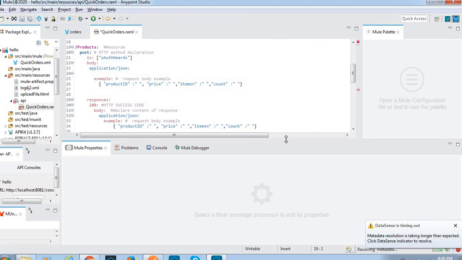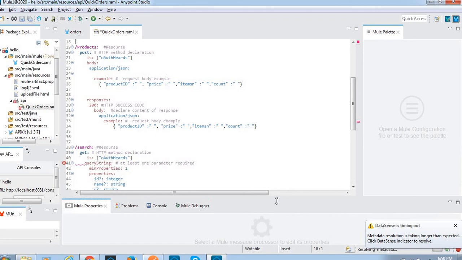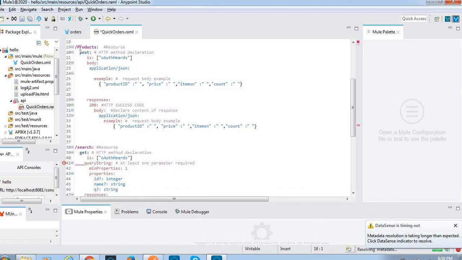We have to follow the indent. The problem is with indent. Okay, this method is okay.